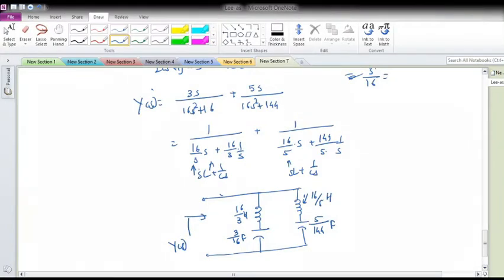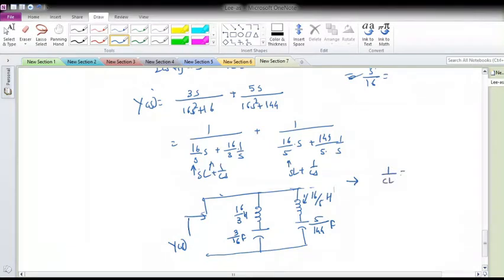If there would have been a pole at the origin, then what would have happened? A capacitor would come, and if there would have been a pole at infinity, then the admittance will be, sorry, if pole at origin, then inductor will come, and if pole at infinity, then capacitor will come. Okay, and for the verifying factor, you can also check it out.